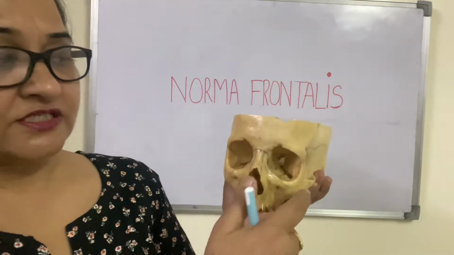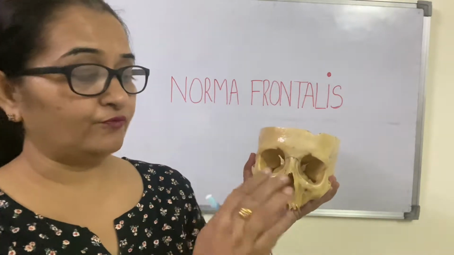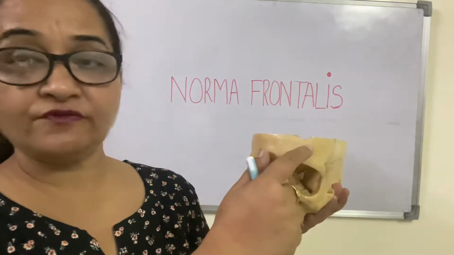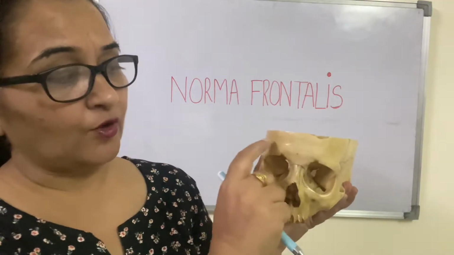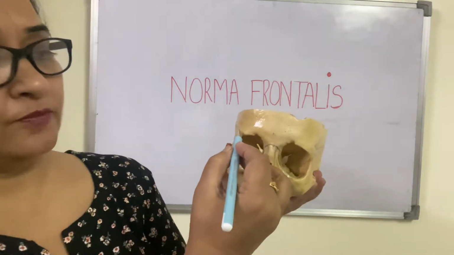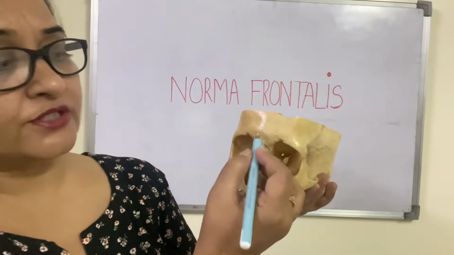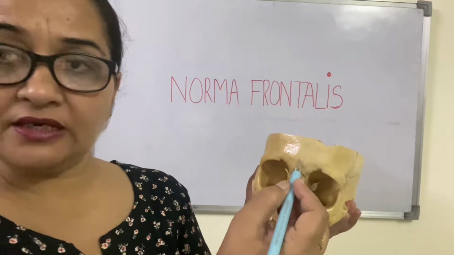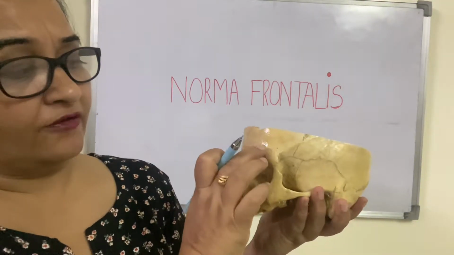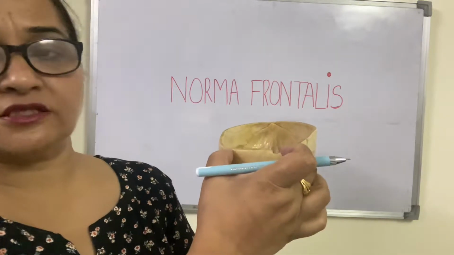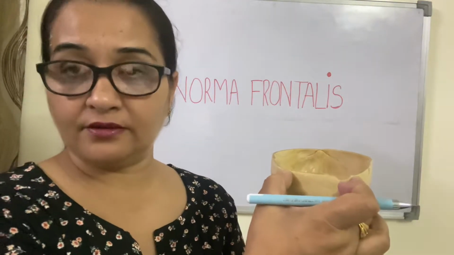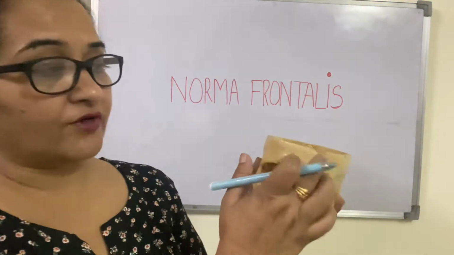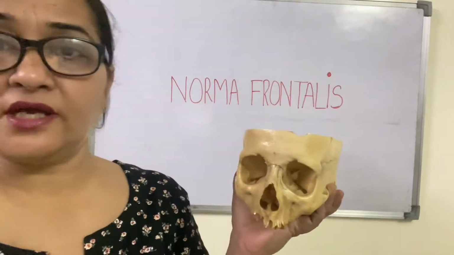Now, when we study the skull from the front side or an anterior view, we study it under few headings. So, in the frontal region, first we will discuss it. The frontal portion is formed by the frontal bone, and in this frontal portion, you can see the two elevations. These are known as the superciliary arches, and the meeting point of these superciliary arches is known as the glabella. A little above the superciliary arches, these are the frontal eminences, which are visible over here.